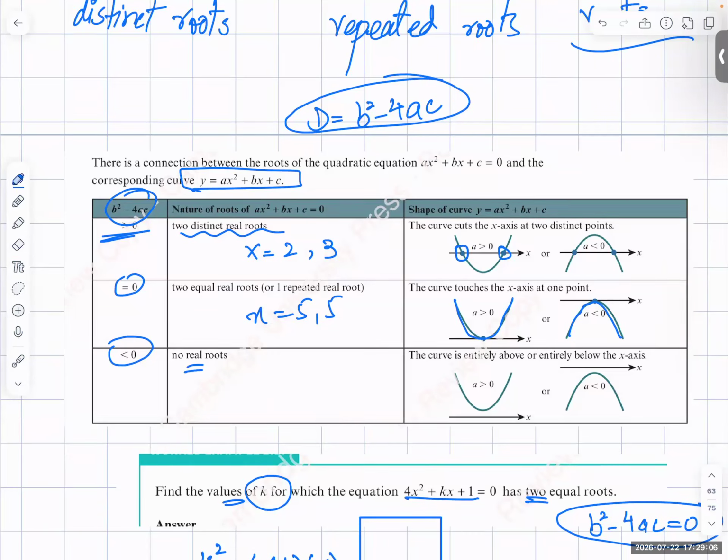Is that clear? Yes. Amit, is it clear? Yes, sir. Okay, that's good. Now,